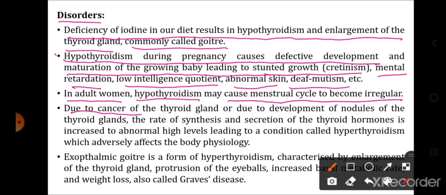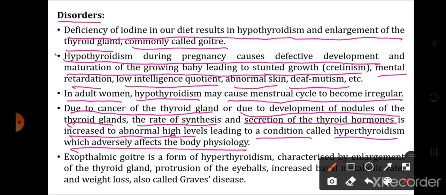Due to cancer of the thyroid gland or due to development of nodules of the thyroid gland, the rate of synthesis and secretion of thyroid hormone is increased to abnormally high levels, leading to a condition called hyperthyroidism, which adversely affects the body physiology. अगर थायराइड ग्लैंड का कैंसर है या थायराइड ग्लैंड्स में नोड्यूल्स का फॉर्मेशन होता है, then it